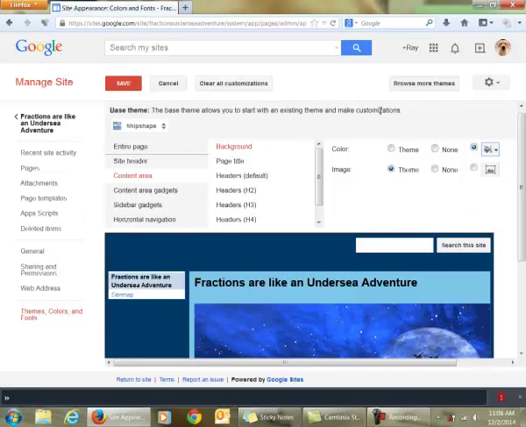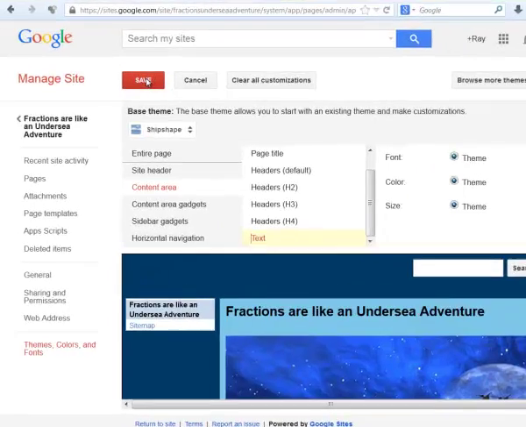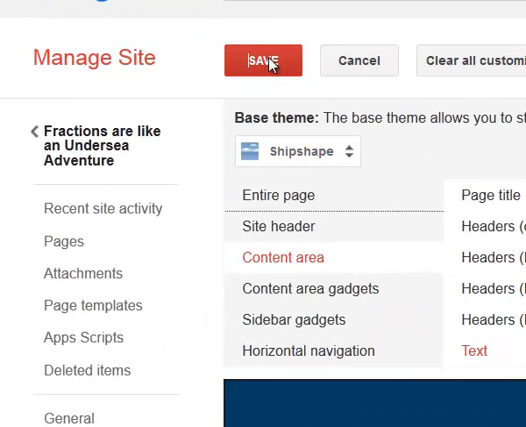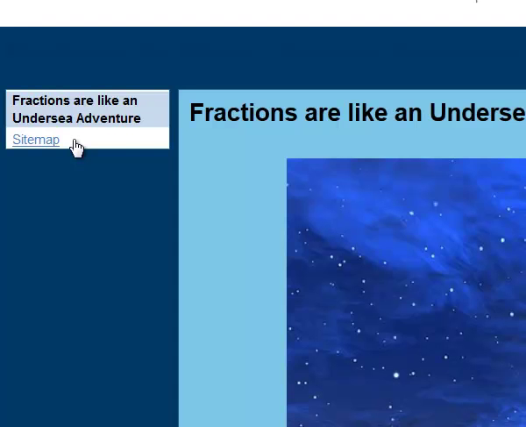And the way I got there was I clicked on this circle of settings, and then I went down to themes, colors, and fonts, and I can change the font if I'd like. And this list allows me to do that. If I wanted to change the text, it allows me to change the text. Right now it did it all based on the theme that I selected. Once I'm done and happy with it, I'm going to say Save. And it says that my changes have been saved, and I'm going to go back to Fractions Are Like an